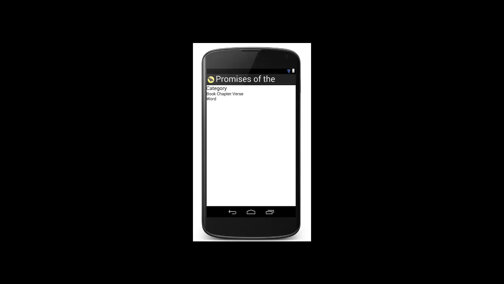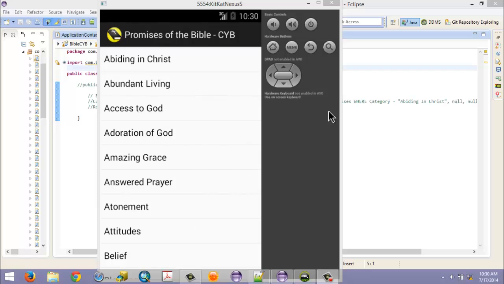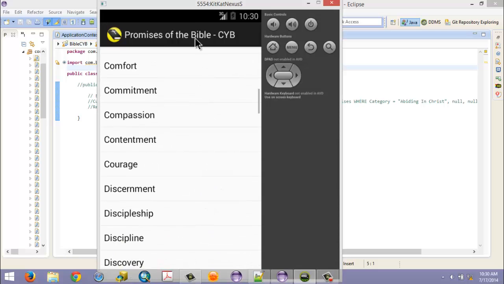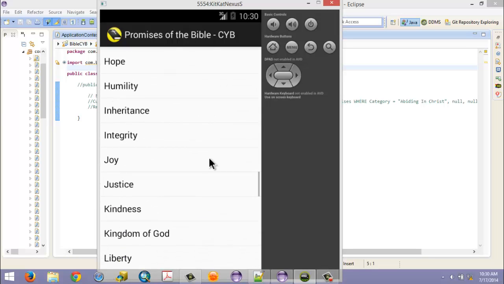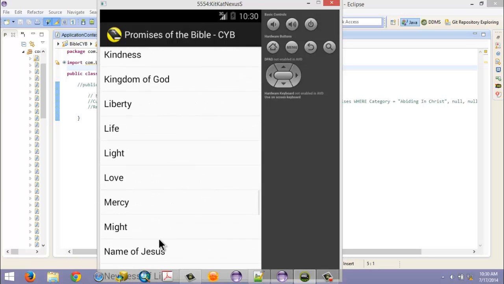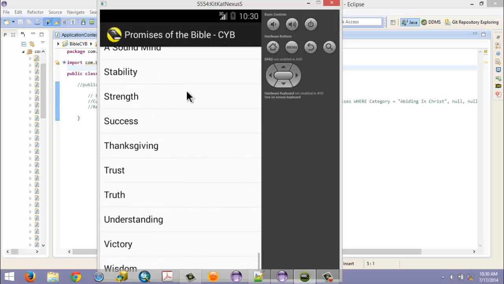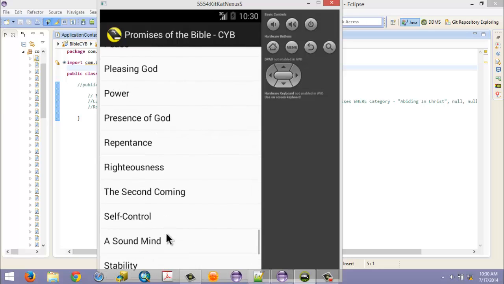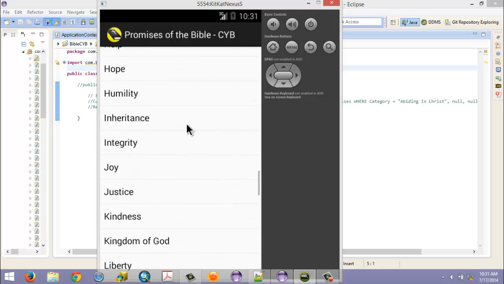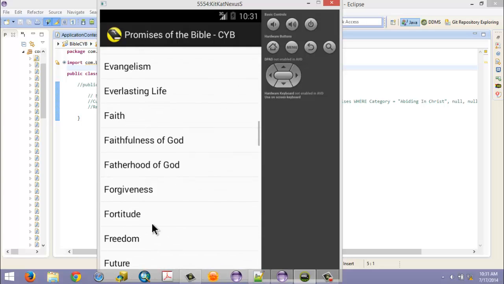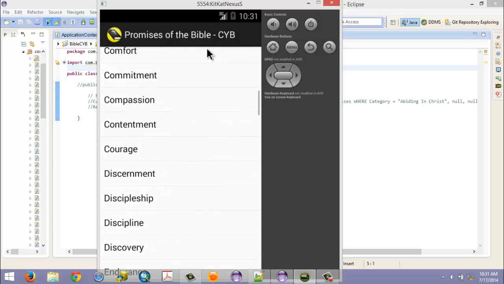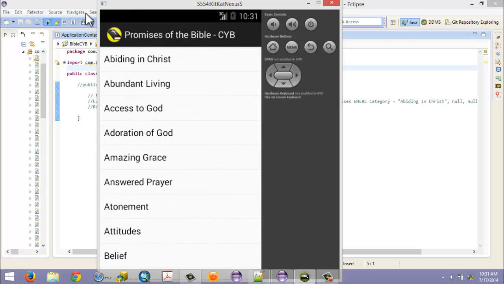This is what the output will look like. So this is the list view and the categories. There are 79 of them, and this is just a testing view. I know you're not supposed to show the demo of it, so I'm just showing you a testing view of the list view with all 79 categories. And there are 20 lines plus per category. And it is on the Android platform, and you can see Eclipse running in the background.